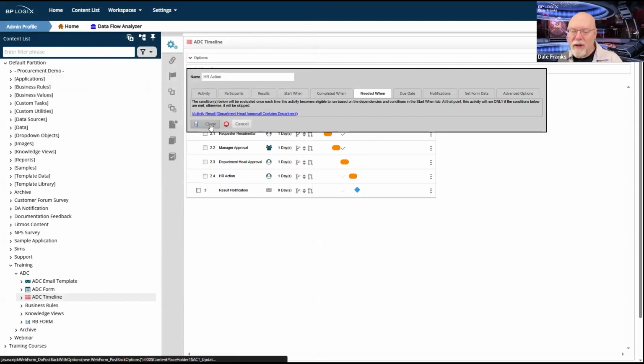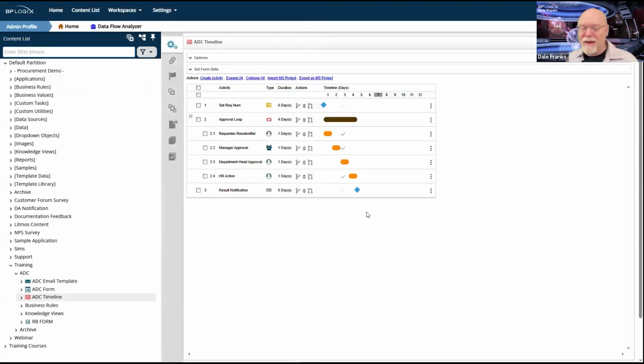So in this one specific case, I should skip right past my HR action and go straight to the result notification activity, which, considering that it's 11 o'clock, probably not an activity we're going to get to until next week. This is probably gonna go out for another week or so because we've still got the email notification that will go out with the result notification and how to configure that and what it is supposed to say. So I'm pretty sure we're not going to complete this series this week.